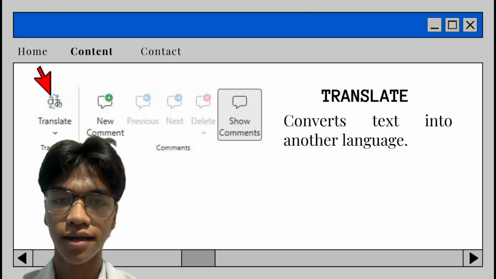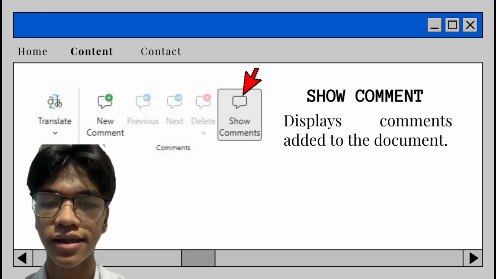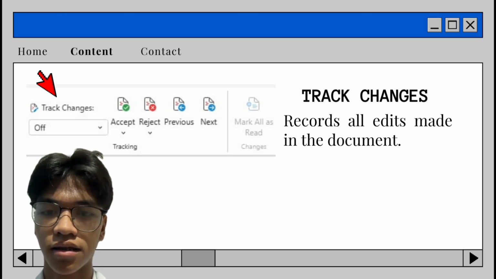Translate converts text into another language. Show comment displays comments added to the text. Track changes records all edits made in the document. These tools help identify and correct errors, improve the quality of writing, and allow multiple users to give feedback or